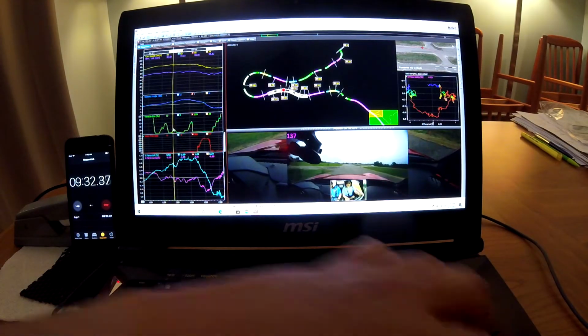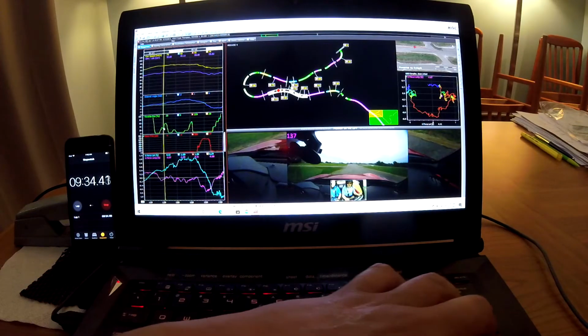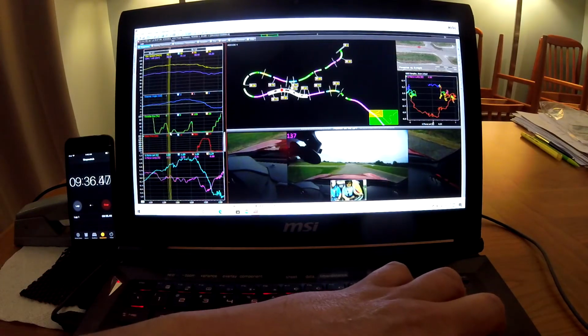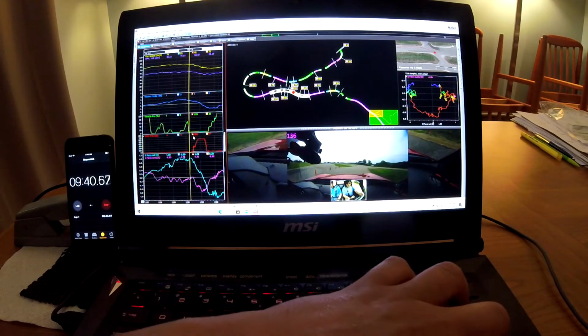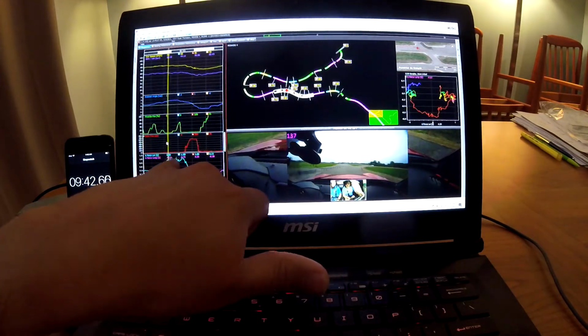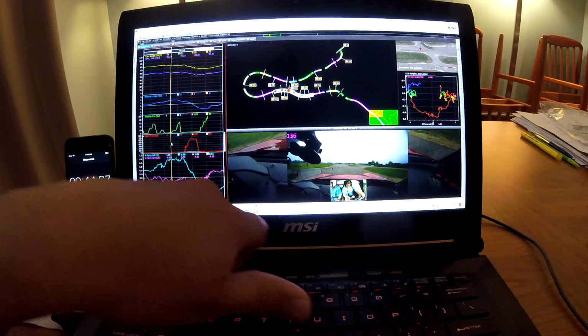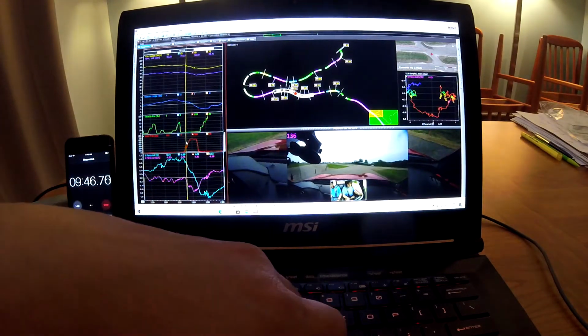Live education, so this time is going to be off. Okay, so going through this section here, he's hitting good lateral G's. Other than this,